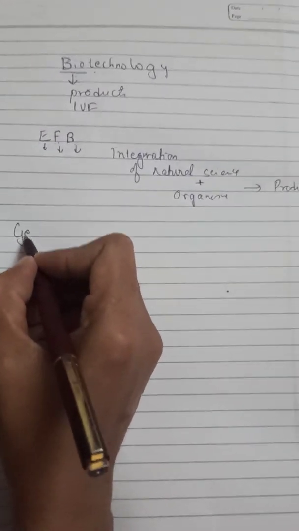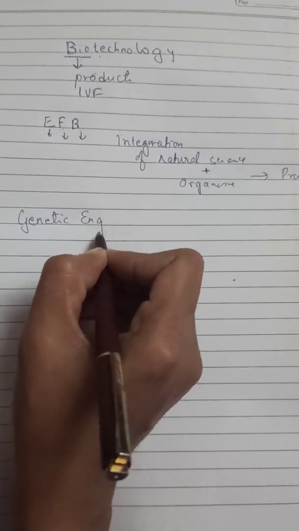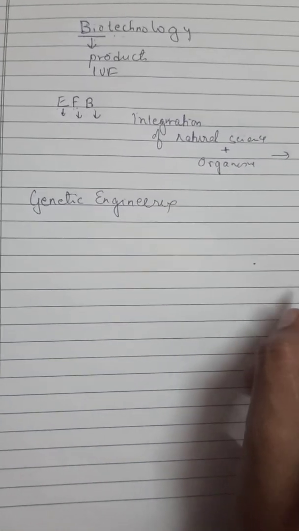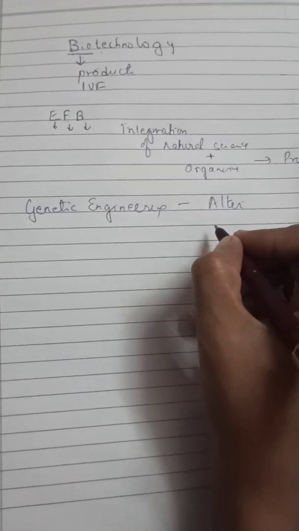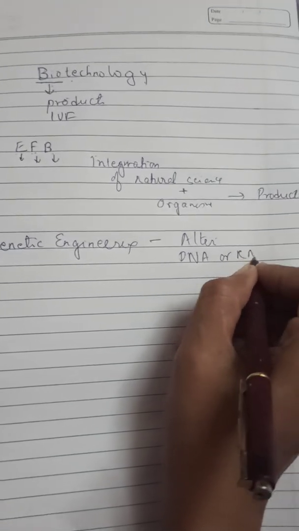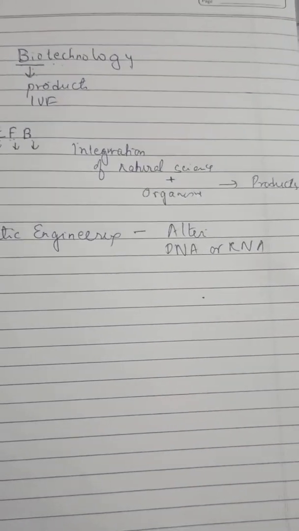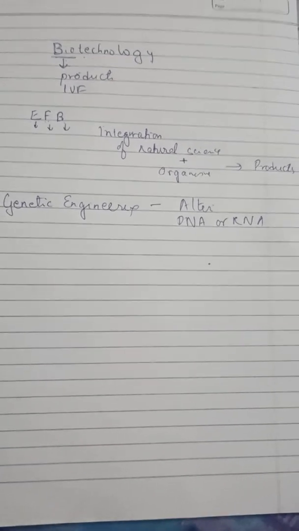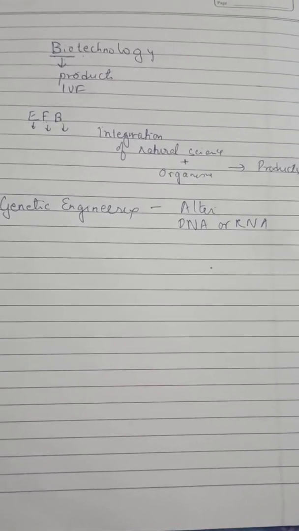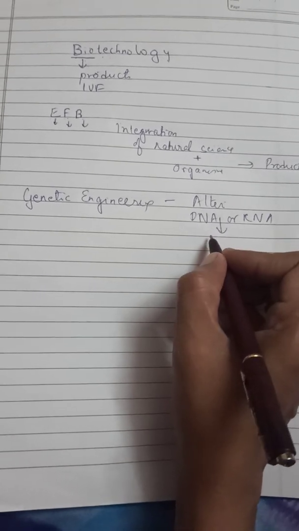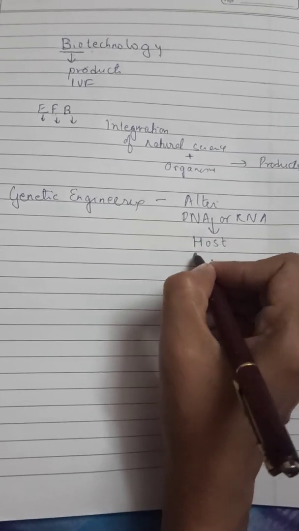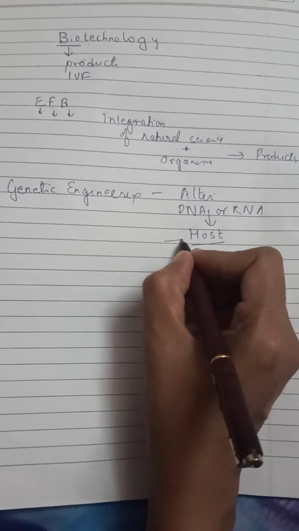So when we talk about the principles of biotechnology, we refer to genetic engineering. Genetic engineering, what does it mean? It is the technique to alter the chemistry of DNA or RNA. You know, DNA and RNA, they are the genetic material. So in genetic engineering, we alter the chemistry of DNA and RNA, and we introduce that into a host organism and we are changing the phenotype